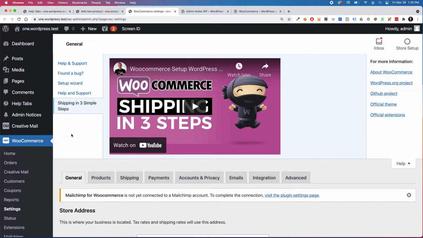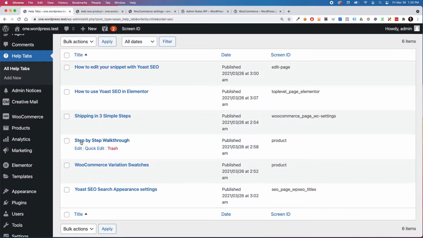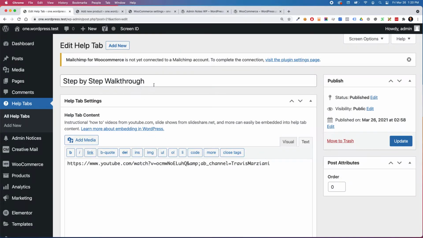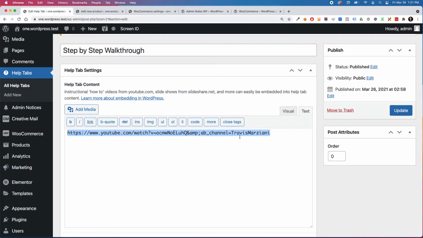Now to show you how to make these, we'll go into the help tab post type, and we can choose one at random. Let's choose this walkthrough help tab, and just like many other WordPress posts, we have an area for the title here and the help tab body content, and we can see here we are just embedding a video. WordPress will automatically render YouTube links as an embedded video, but if you would like, you can also add additional text or images,